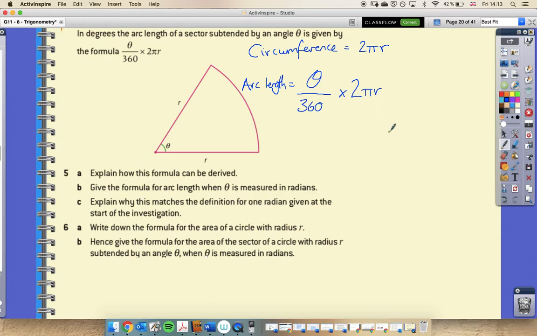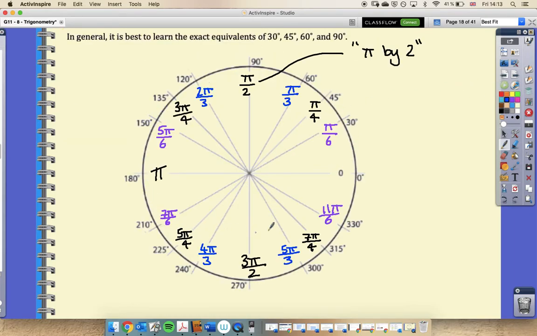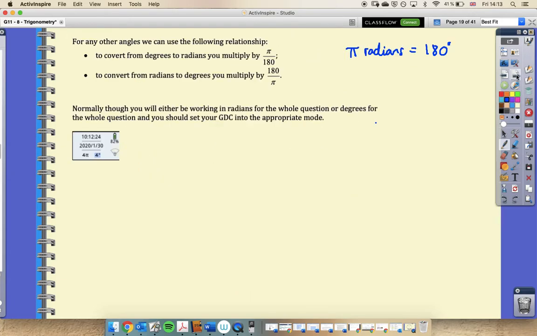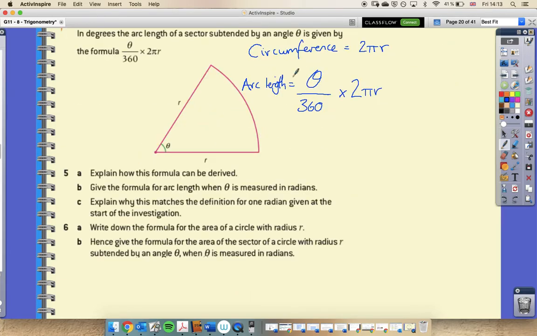Let's look at that whole idea now if we're working in radians. Obviously, the circumference of the circle stays the same. The circle doesn't change size just by the fact that we're measuring our angle with radians. So we're still going to have the same circumference. Rather than thinking of our angle as out of 360 degrees now, we're going to think of our angle out of 2 pi radians, because that is our whole circle. Remember back to that wheel we were filling out, we said, so we got to our whole circle, we had rotated 2 pi radians. So this is degrees, let's write that up here, degrees,